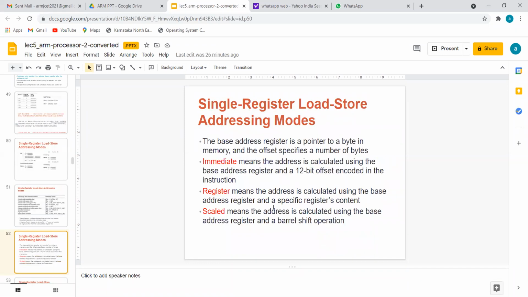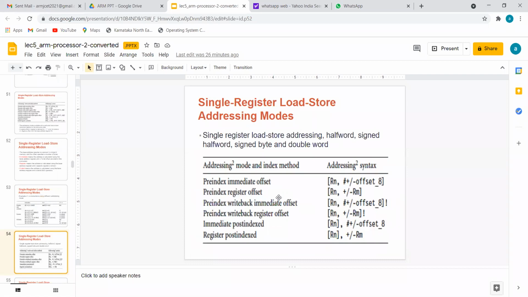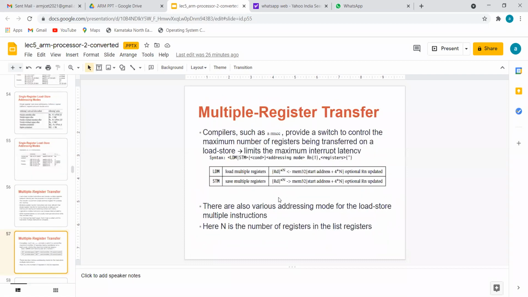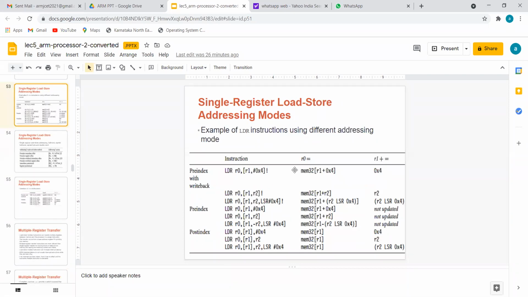Okay, so now let's go for little more complex concepts. First let me give you the analysis. Whatever you did here is only one-time loading, meaning if that instruction executes, only one data is loaded from or stored onto memory. Loaded from memory to the register or stored from register to the memory. That is called single.